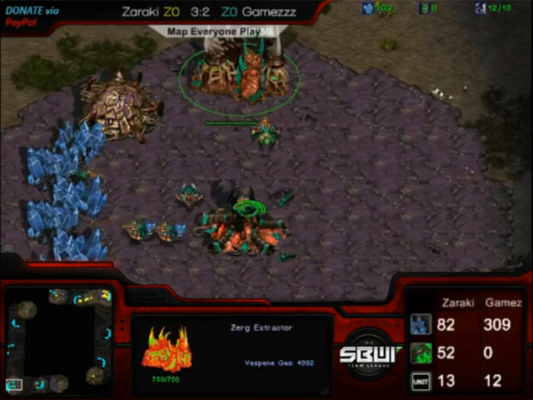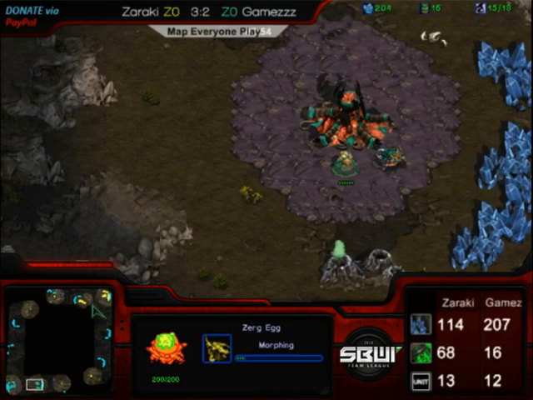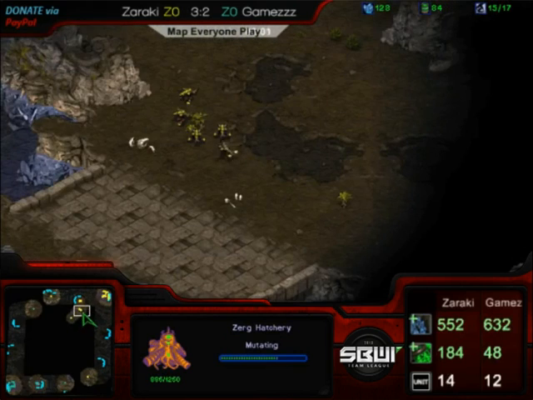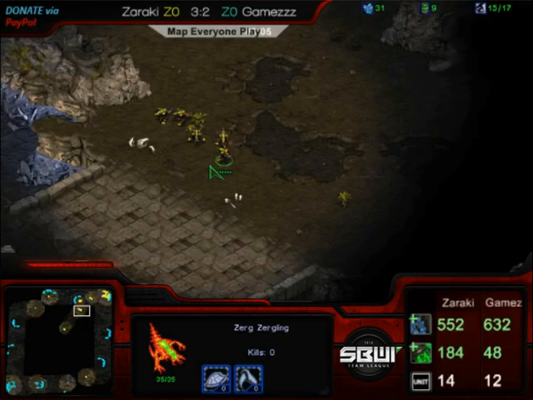So, because Zaraki did decide to go for the Expo, and instead of in-base 12 hatch, he should have a little bit of an advantage over Games here. I mean, Games is going to have a little bit of extra larva a little bit faster, but he's certainly in no position to overwhelm Zaraki with early lings, so...